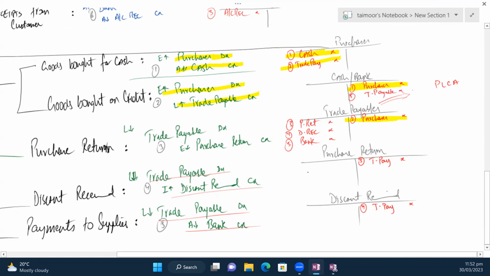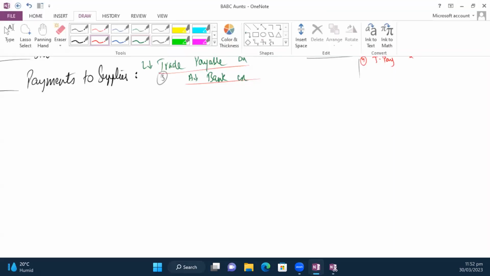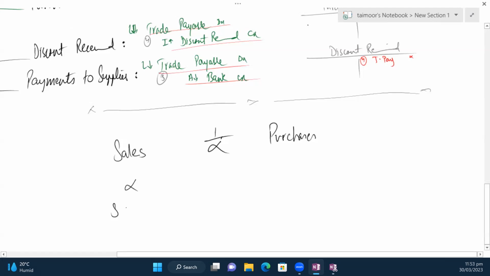All right. So now let me tell you a simple way to remember all the entries. You just need to remember one entry and the others would follow. Okay. So let's look at its hack. देखो, सेल्स का ऑपोजिट is gonna be purchases. Yeah, sales का opposite is gonna be purchases, and sales का opposite is gonna be sales return, and purchase का opposite is gonna be